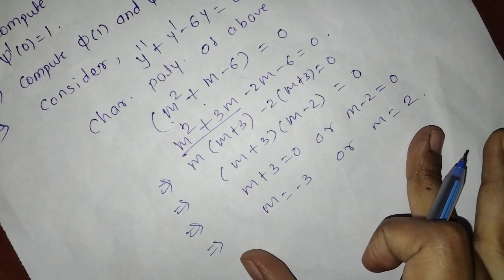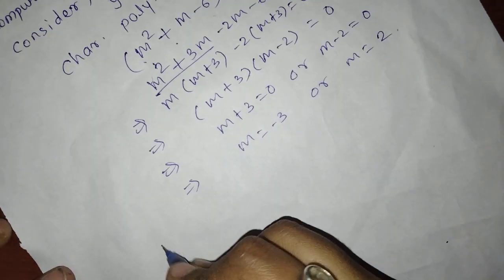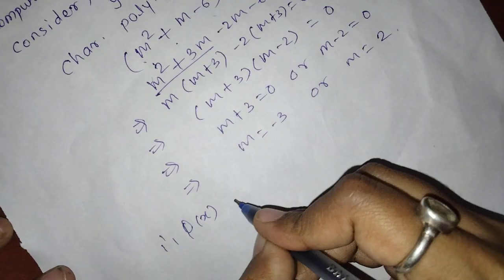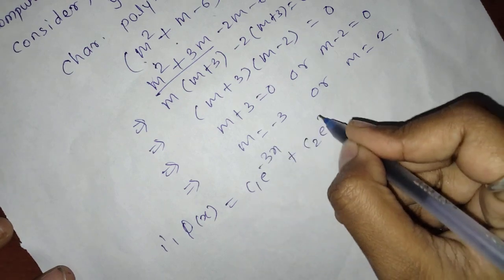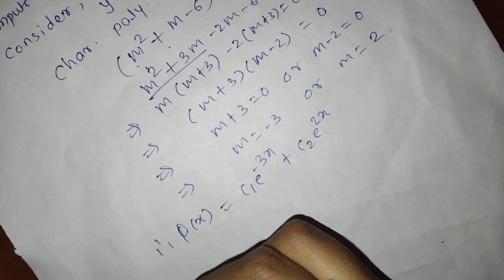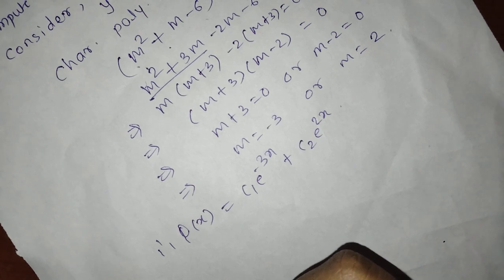These roots are distinct. So, phi(x) is equal to c1 e^(-3x) + c2 e^(2x). Now,